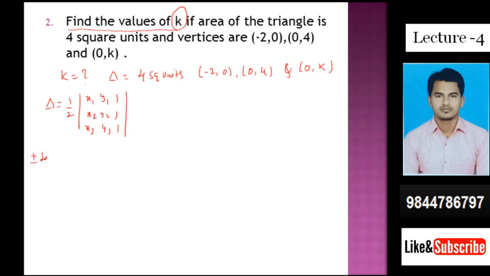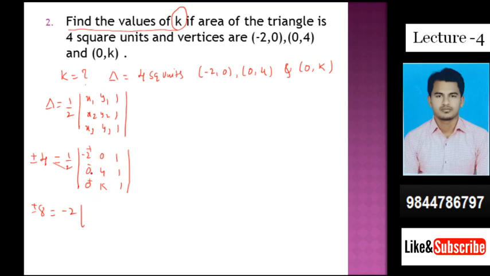Okay, again what is the value of delta? I told you right here, plus or minus 4. Area should be plus or minus 4. 1 by 2 determinant of minus 2 0 1, 0 4 1 and 0 k 1. You can use the shortcut method, or else expand along the C1 column. Expanding C1, we easily get the value because these two are 0. Cross multiply, plus or minus 8 is equal to,